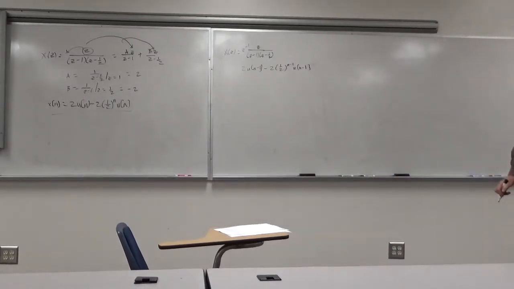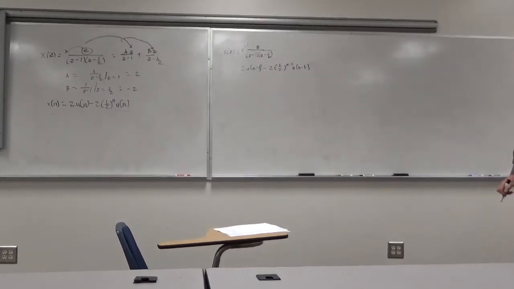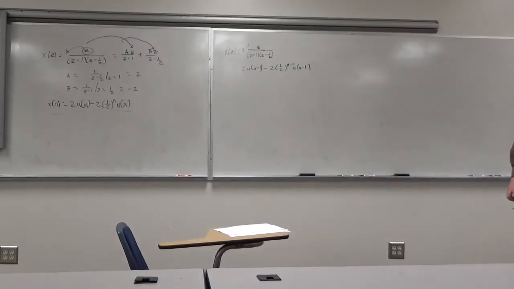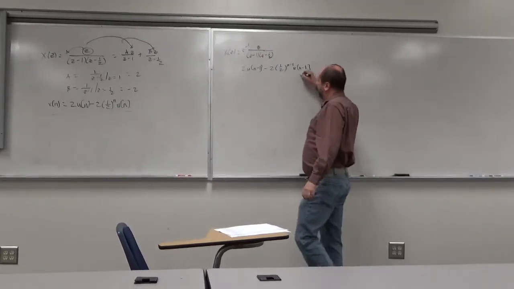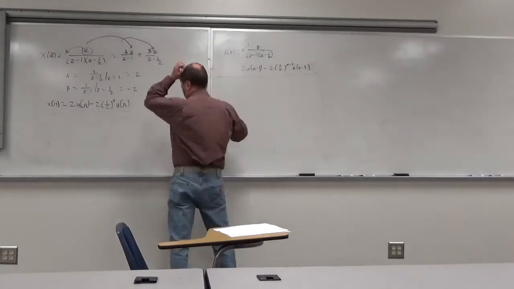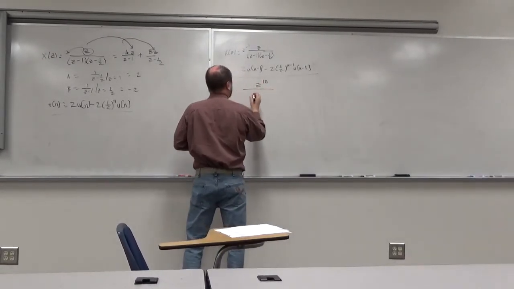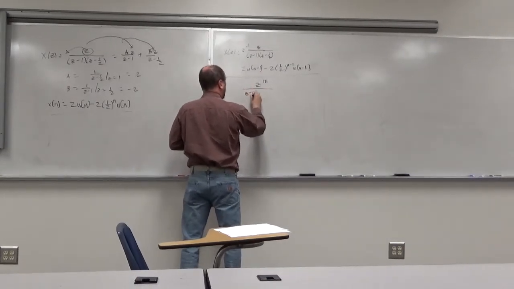So if you don't have a z up there and you'd like to have a z up there, put it in. Just put z minus 1 out front, and the z minus 1 is just a delay. No partial fractions involved, right? No more. All right, what if instead of that, it was z to the 10th over z minus 1 times